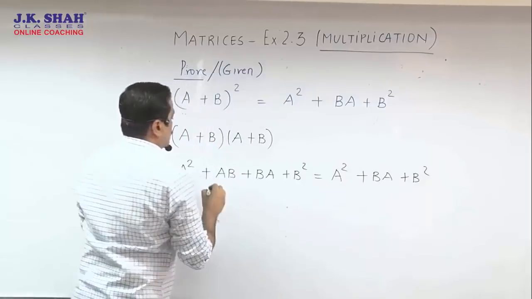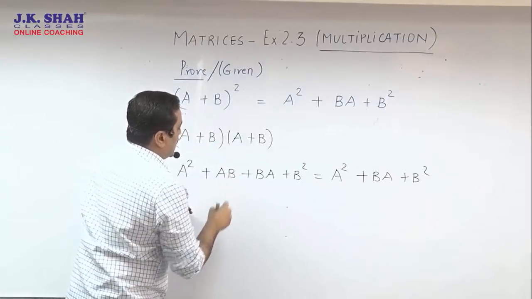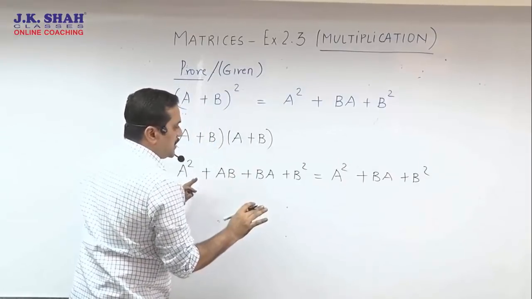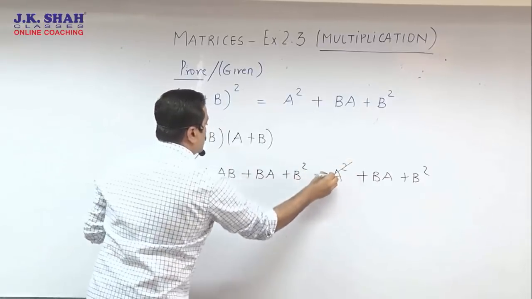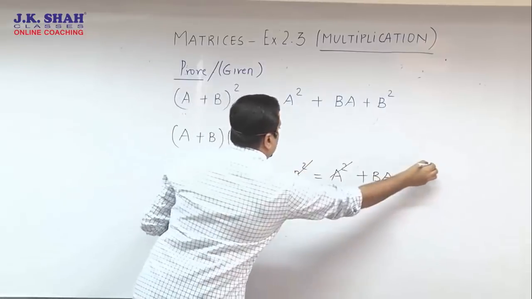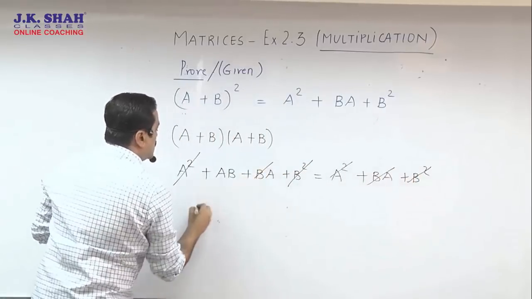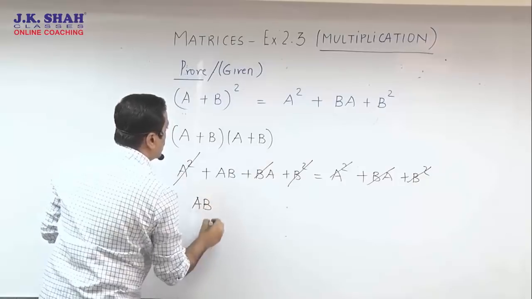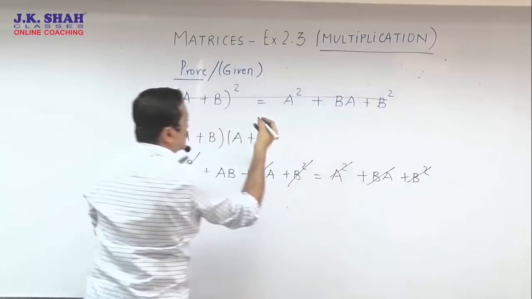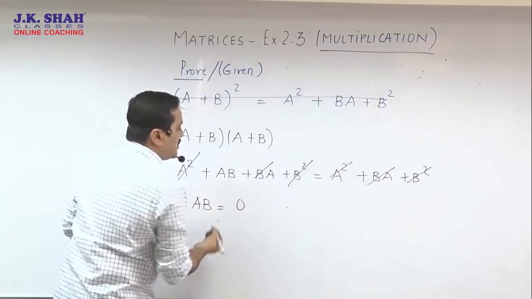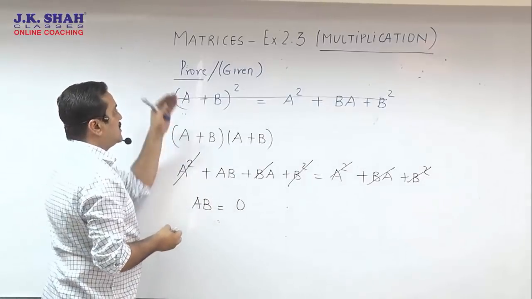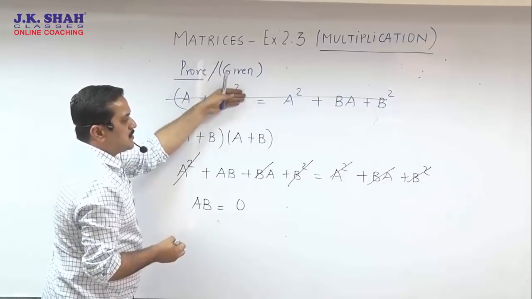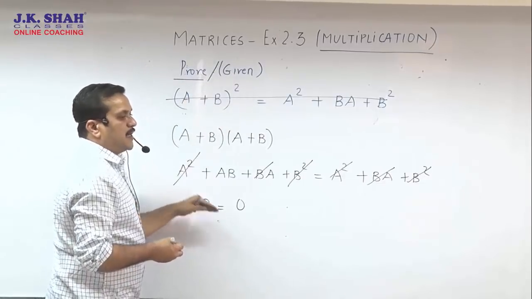Now one more old point which I would like to highlight, AB, BA, please do not add, they are not equal. Now lastly, you can cut your A square on both the sides, you can cut your B square on both the sides, your BA also is gone. So finally you are supposed to prove what? Not this full thing which takes almost 2 pages, only AB equal to 0, which may not even take half a page. So please remember, whether prove or given, simplify the statement, come down to that small thing and then work on that.